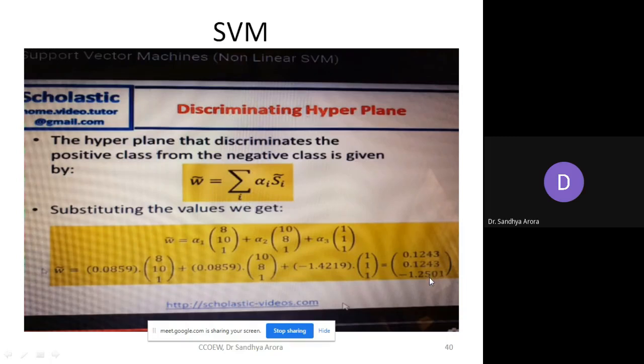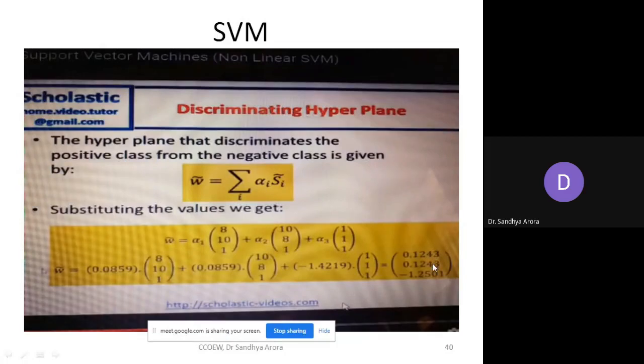Okay, you can apply one more concept. If you don't want to keep the W1 value as 0.1243 and want to map it to 1, you can divide this whole vector by 0.1243. This whole vector, your output, you can normalize with 0.1243. So you will get 1 here, you will get 1 here.